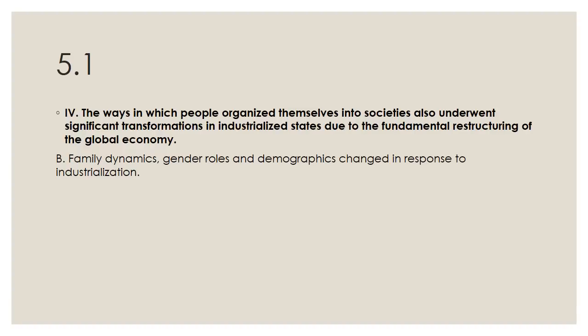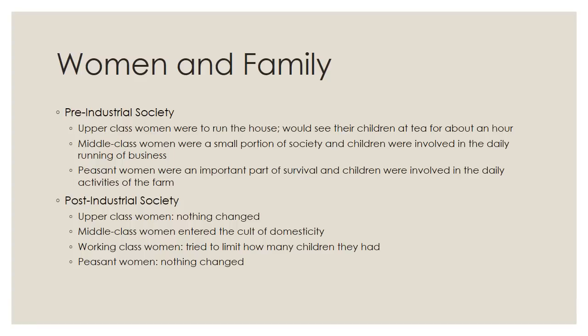Five point one discusses how industrialization changed things, and one of those things is family dynamic and gender roles. So these next couple of slides are going to be looking at that, and again we're going into the modern age as well. So women and family. In the pre-industrial societies, upper-class women were to run the house, but actually they wouldn't really